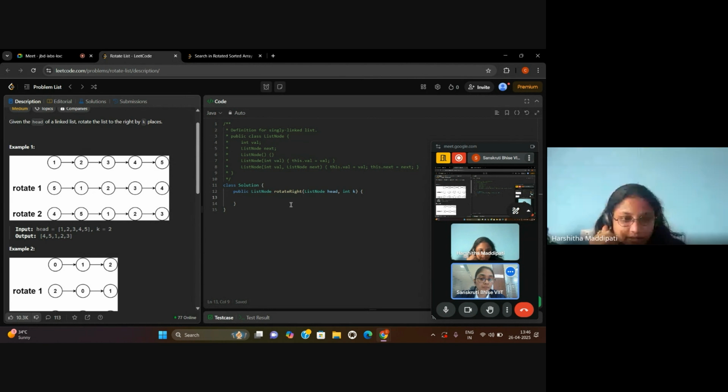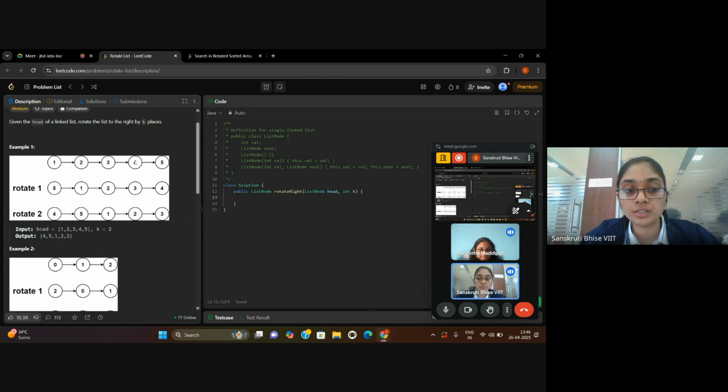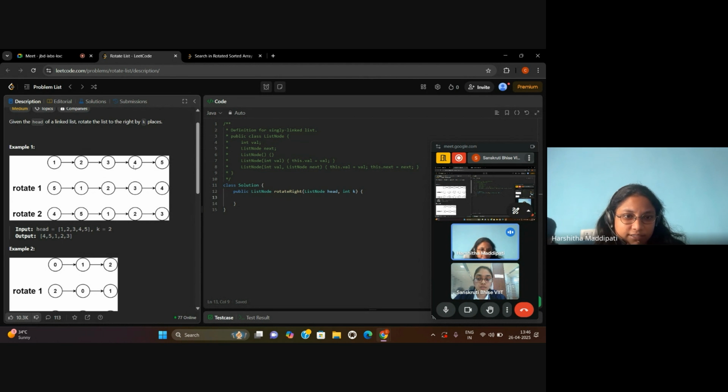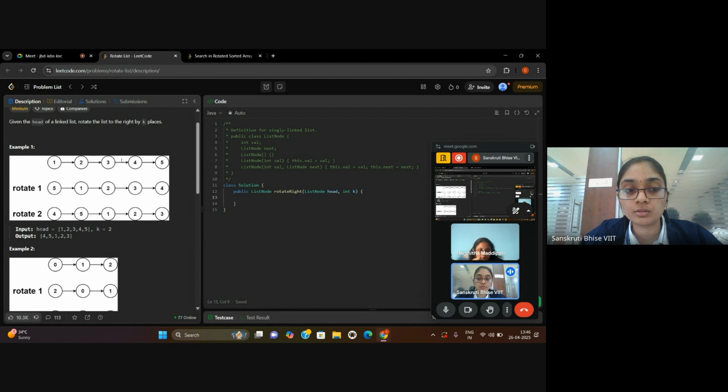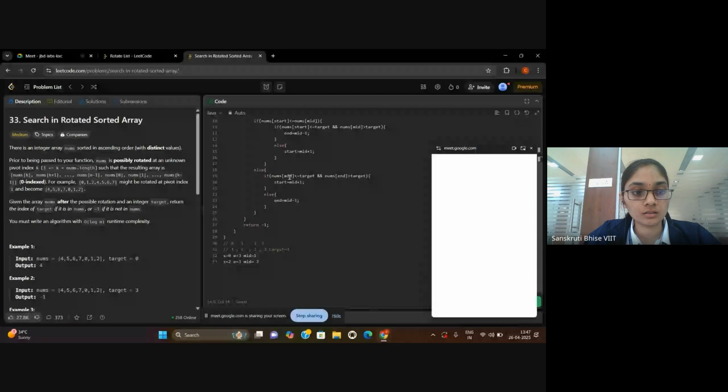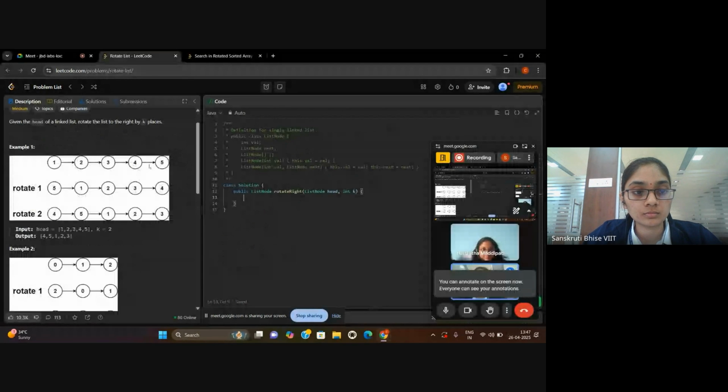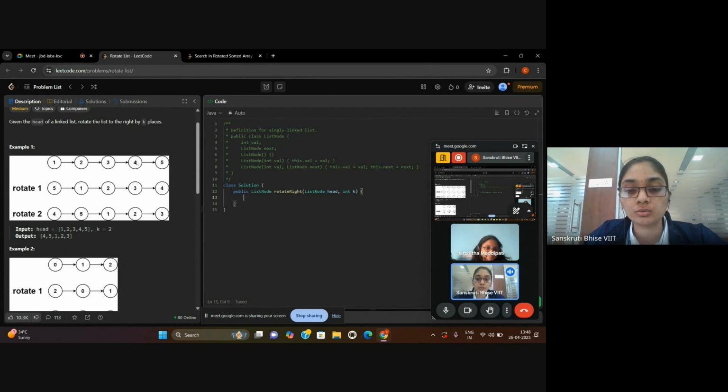Then, after attaching this, would it be a whole circular linked list? No, it will not be a circle. Well, it does become a circular linked list, and after that I will break it after the required number of nodes and return the fourth node, so that the linked list goes like this and this will point to null.